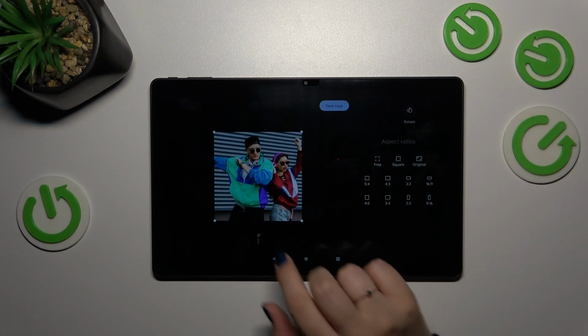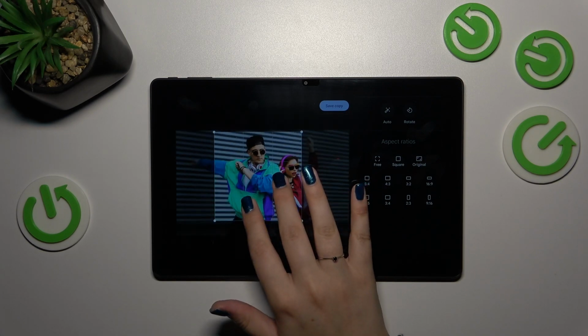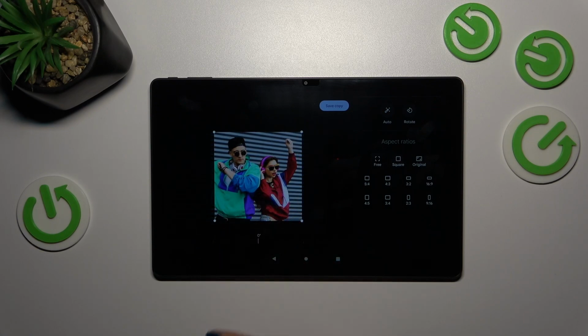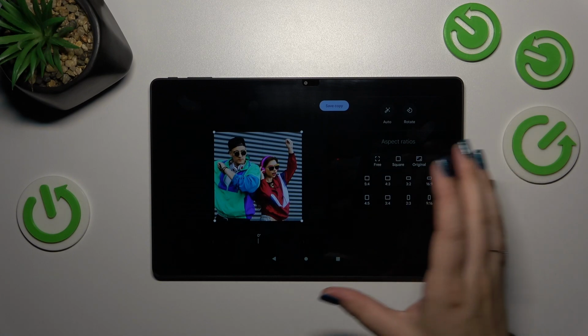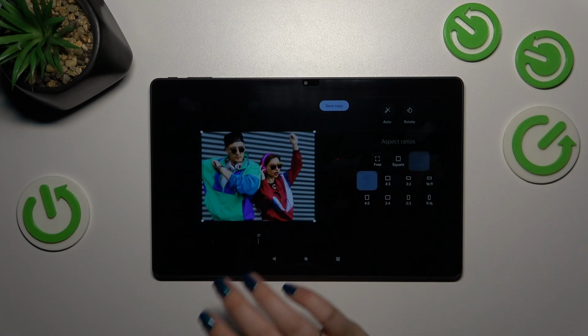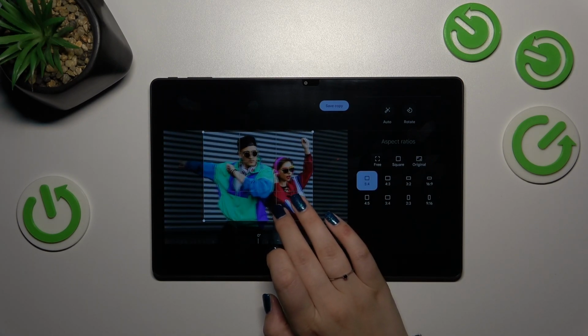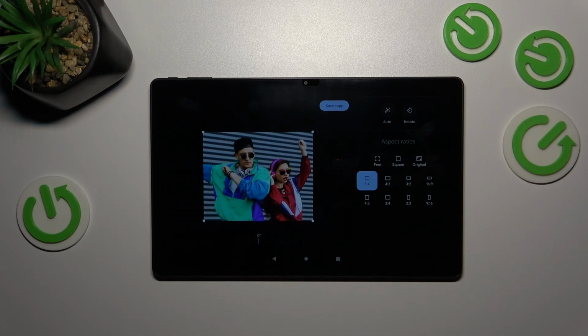And here from this step, as you can see, we can customize the photo, we can change the position of it, we can zoom it in or out, and thanks to this we can decide what we will see after saving the whole contact, because basically this highlighted square is responsible for it. So we can frame it automatically, we can rotate it, we've got some kind of aspect ratios which we can choose, so the square, original, 5:4, 4:3, etc. So you can really customize how it will look like, and after applying it, after framing it, just tap on